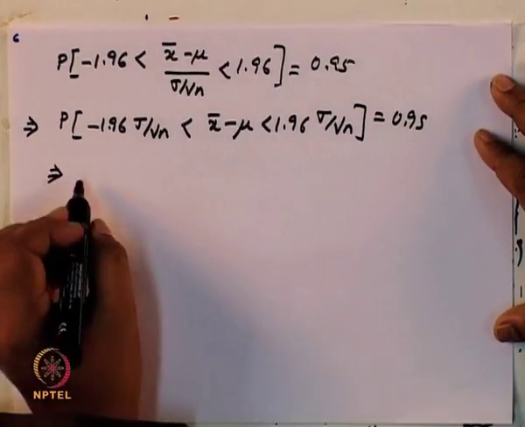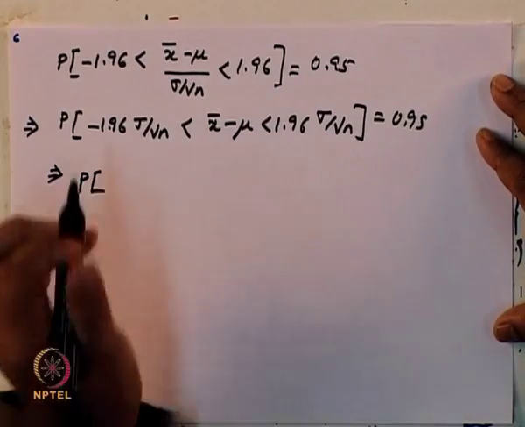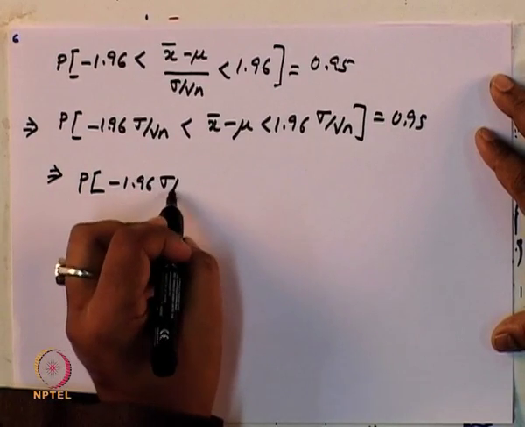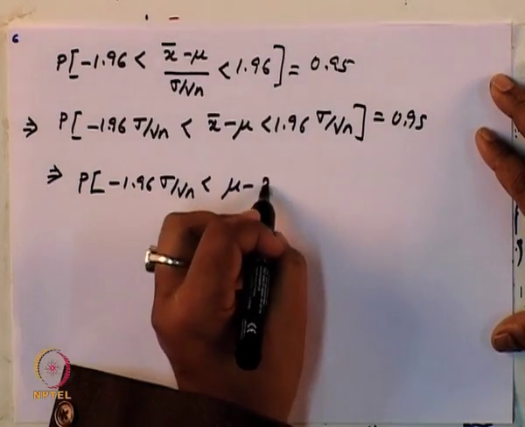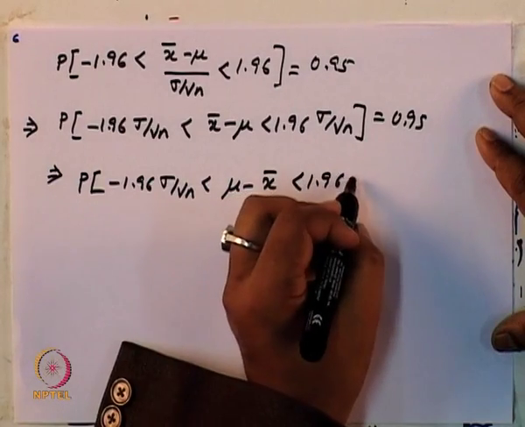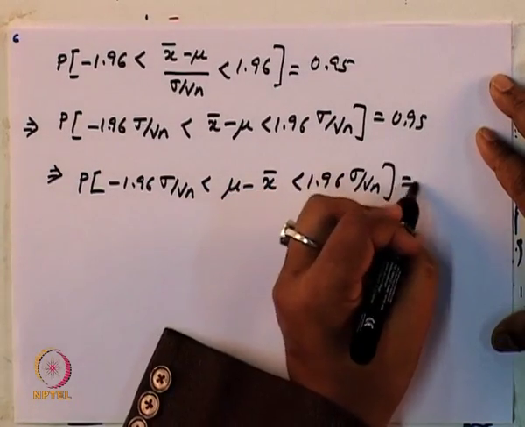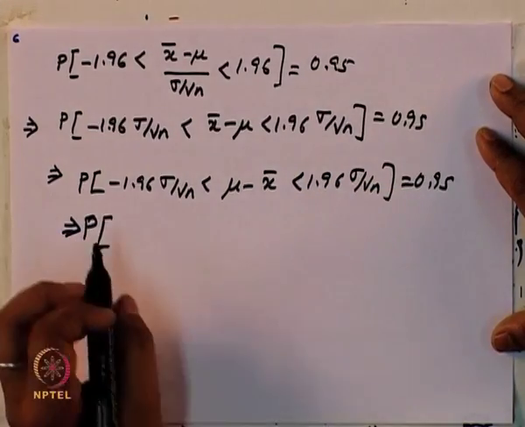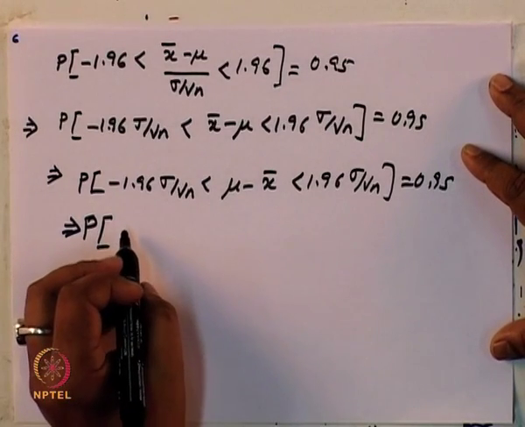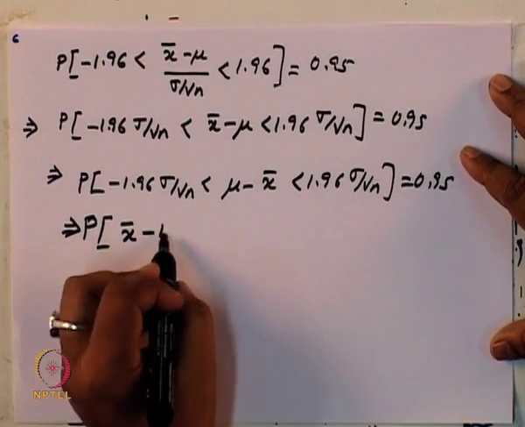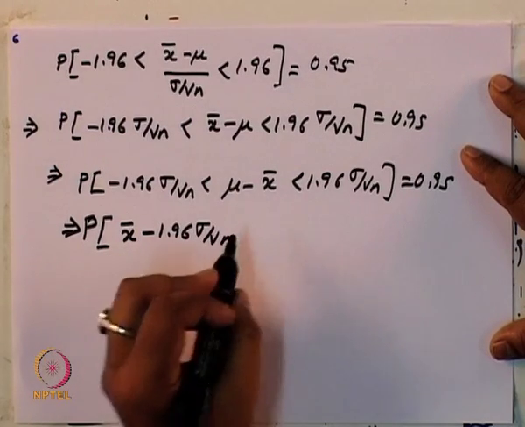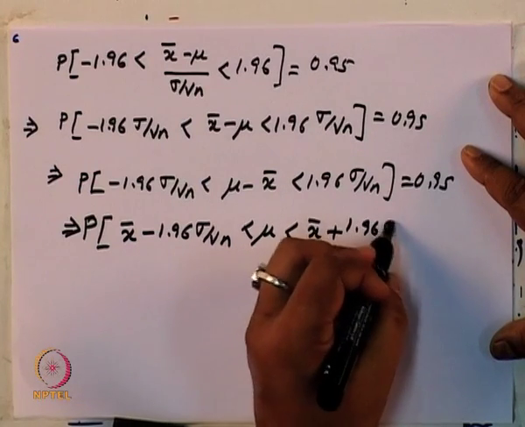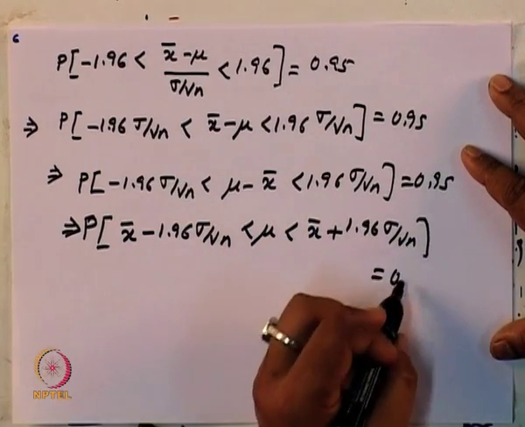So, I can again simplify it. I can multiply by a negative sign. So, I can write minus 1.96 sigma by root n less than mu minus x bar less than 1.96 sigma by root n. This can be simplified further, implying, if I add x bar to both sides, x bar minus 1.96 sigma by root n less than mu less than x bar plus 1.96 sigma by root n,